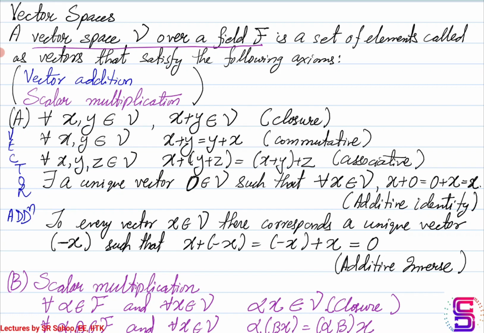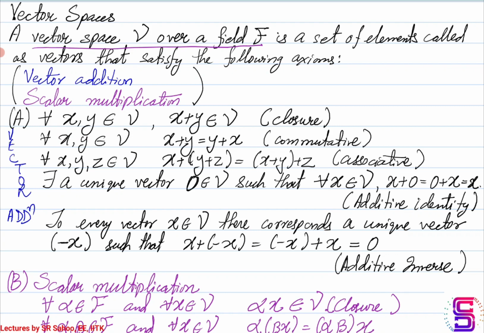The first one, where the operation is between the elements in the set V, is known as vector addition. The second operation is between an element in the field and an element in the set V, which we call scalar multiplication. The elements that come from the field for this operation are considered the scalars associated with the vectors that come from the set V. The properties we are going to see are with respect to vector addition and scalar multiplication.